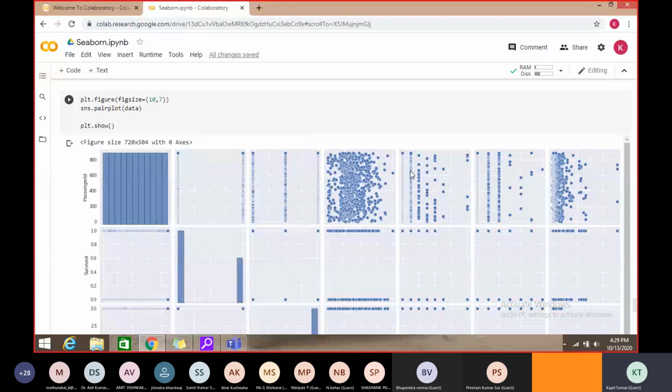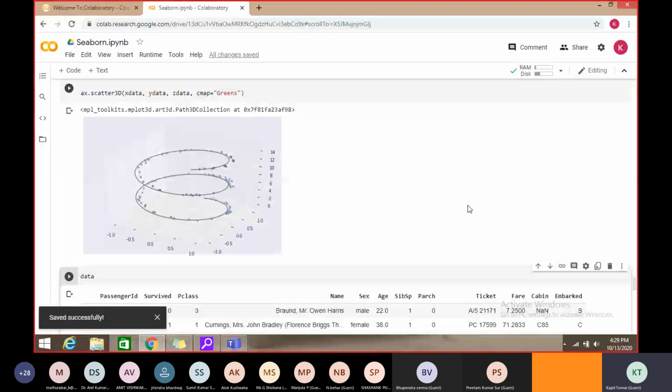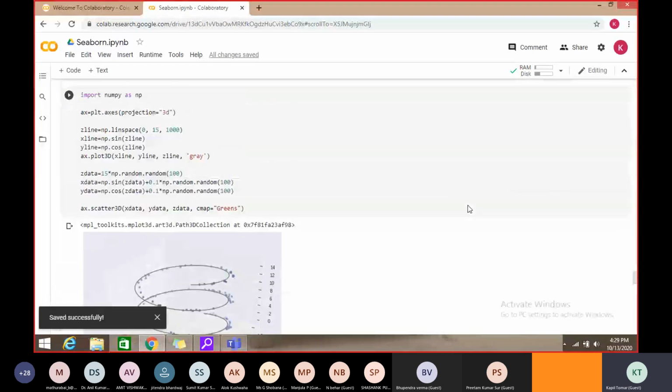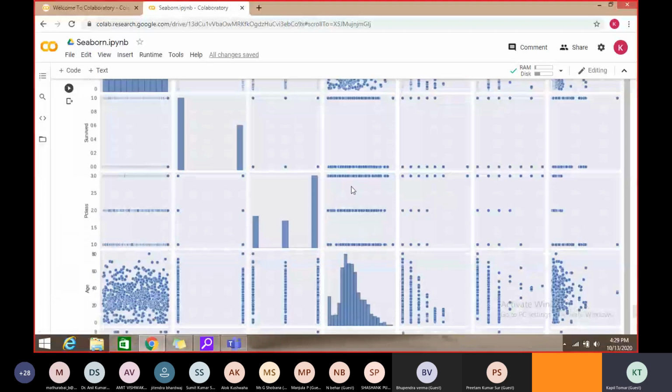And the last one, which I missed, I'll show somewhere. So this is the power of the Seaborn library, or you can say the power of Python libraries, which provide us inbuilt methods and functions which we can use to visualize the data in a very efficient manner.